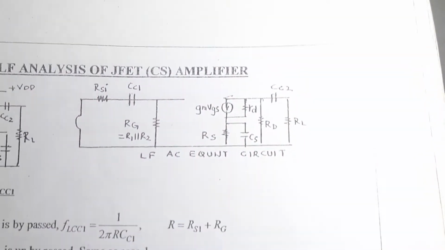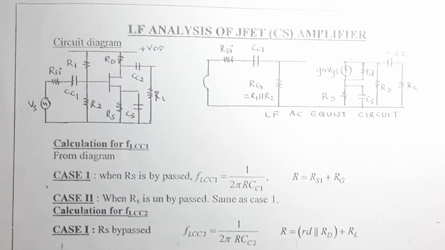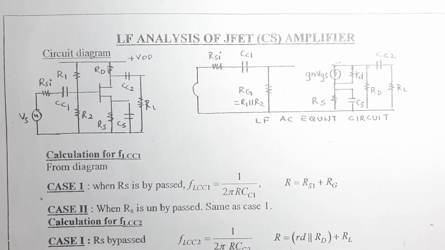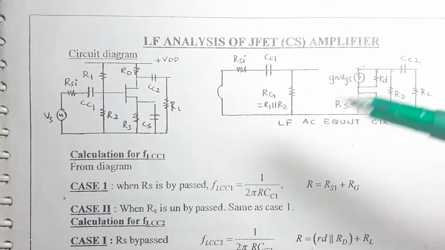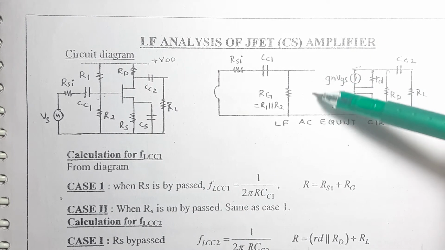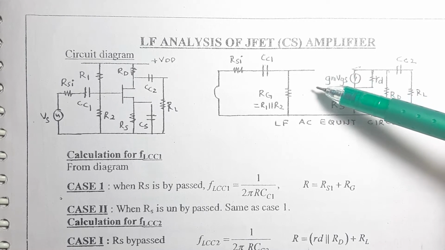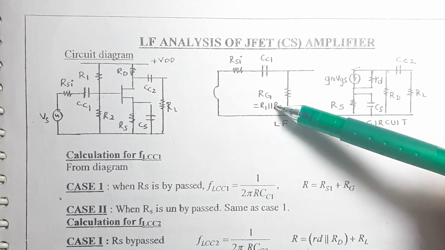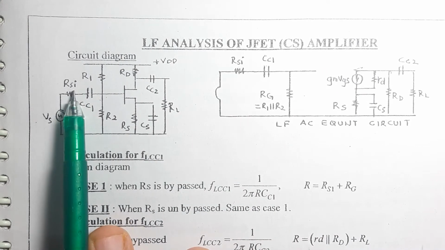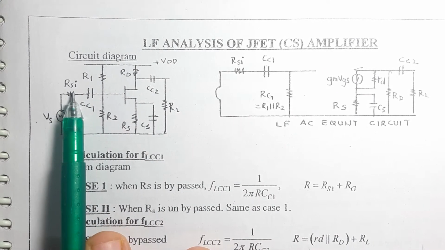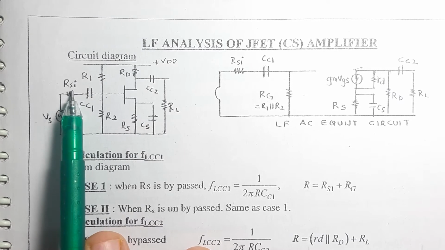Now let us also get done with the LF analysis of a JFET CS amplifier, so that it becomes easier for the students to perform AC analysis of the same. As you might remember, we don't have a resistance R pi over here, and the input resistance Rg is present. Now if you have a Vs over here, then it is not simply Rs, it is given as Rsi, that is nothing but the input source resistance.